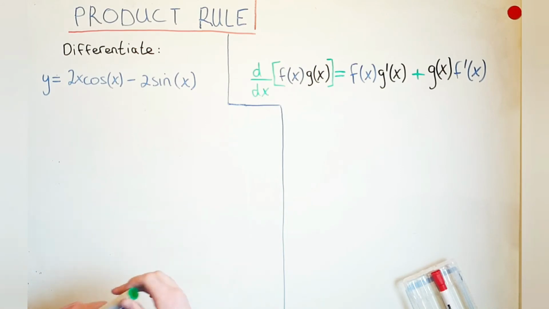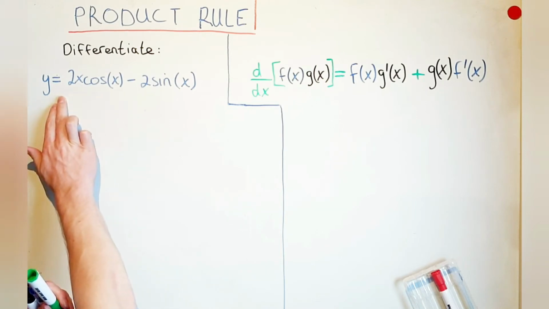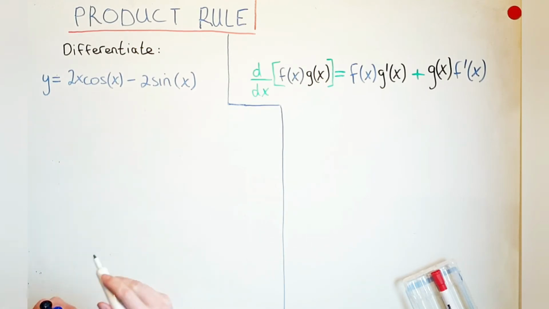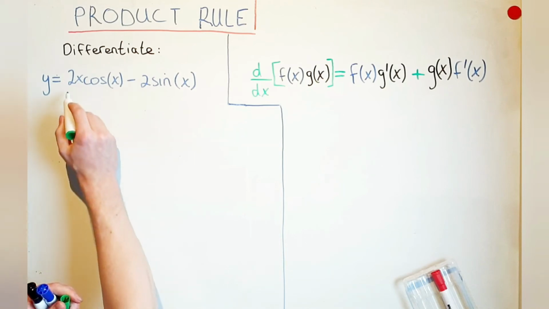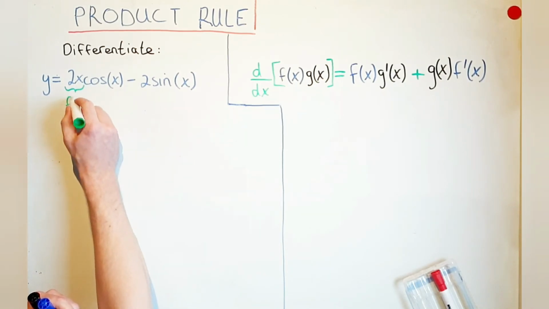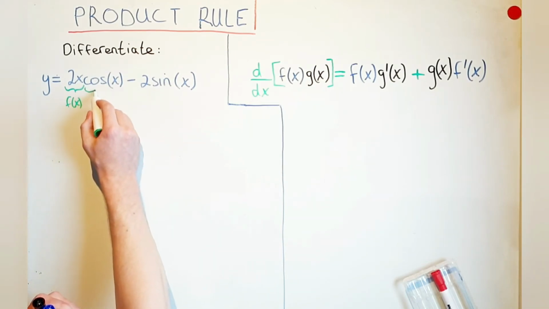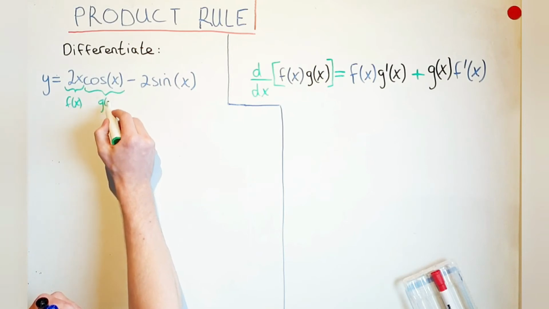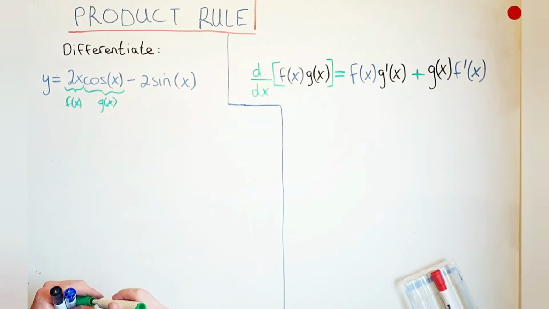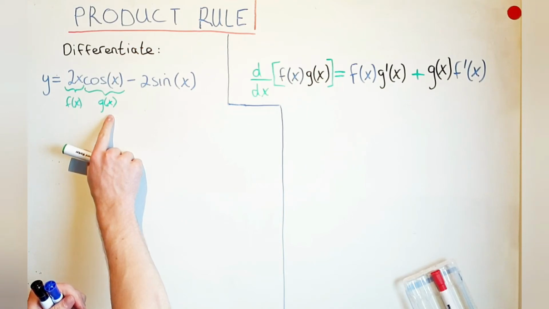So hopefully you noticed the product rule can be used on this first expression here. The reason for that is because we have 2 functions in product with one another. The first function is here, which is our 2x. That's our f of x. And then the second function is this cosine of x, which therefore will be our g of x. So because we have an f of x in product with a g of x, we're going to use the